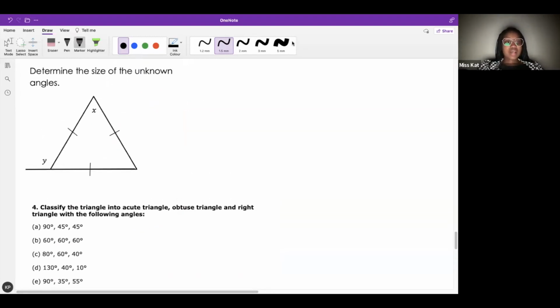Determine the size of the unknown angles. So we have an X and a Y. I need you guys to determine the sizes of X and Y. How much is X? And you must tell me how you know it. X equals 60. What's your reason? Thank you very much. This is an equilateral